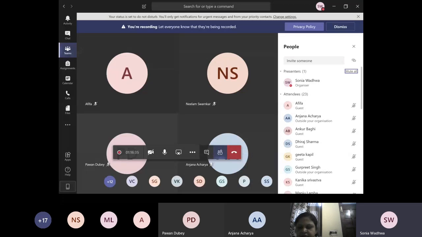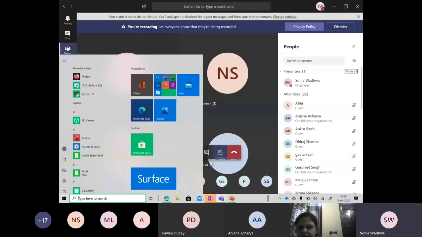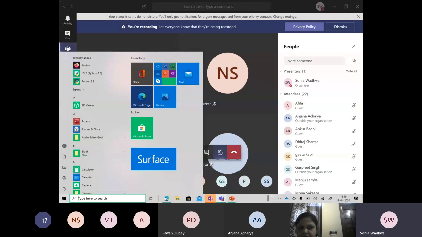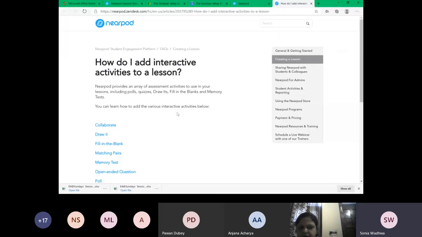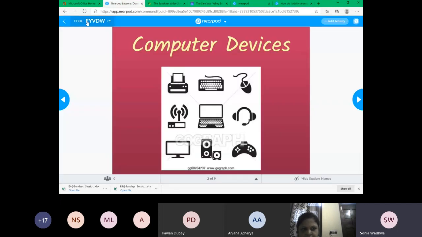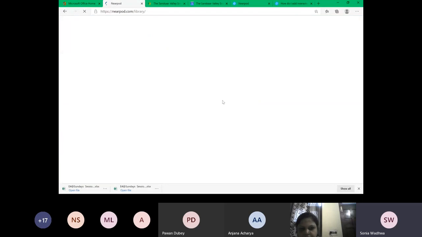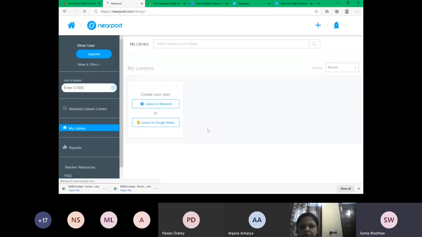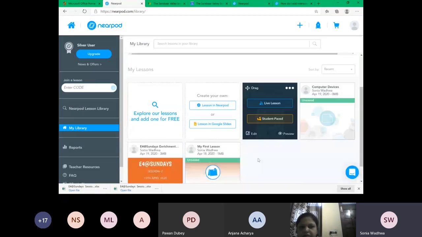So you can edit your lesson. I'll show you my screen. I can go back and edit the lesson which I just created, but then my lesson code will change. Suppose this was my lesson code FYVDW. Now suppose I want to edit this lesson further, so I go to edit lesson, but next time it may generate a random new code for me. There is this edit lesson button, so I can go to edit. It says your previous code will be lost.